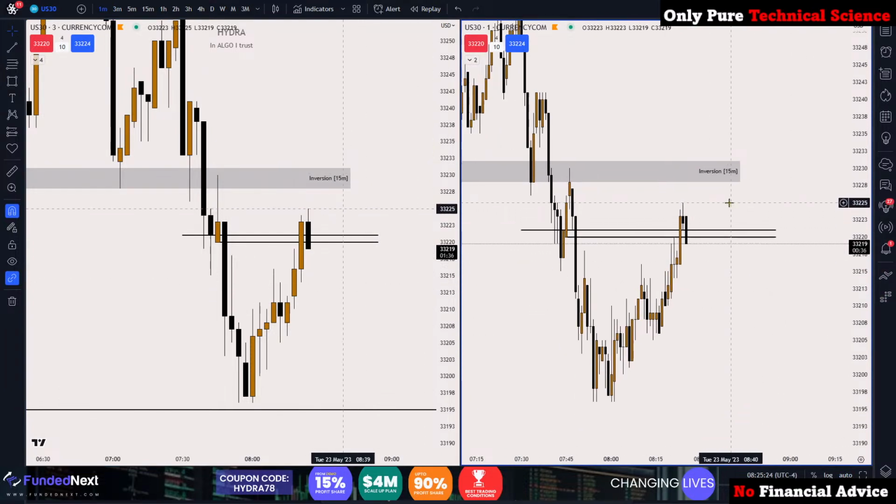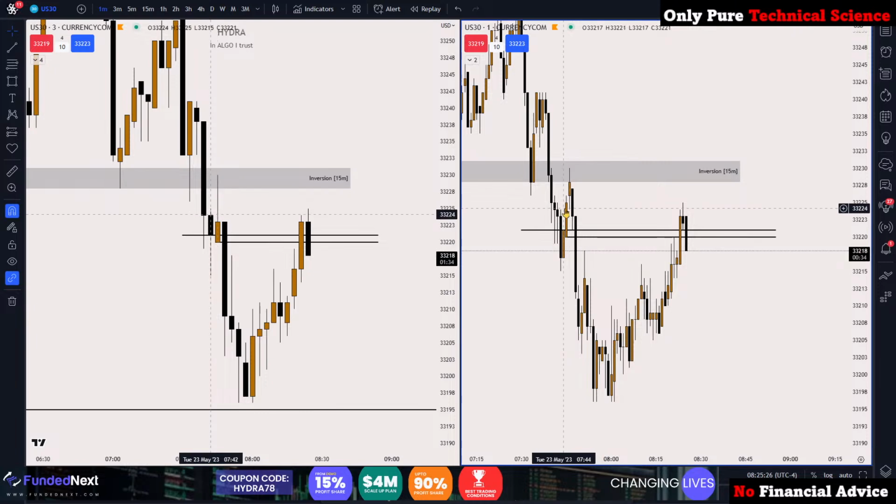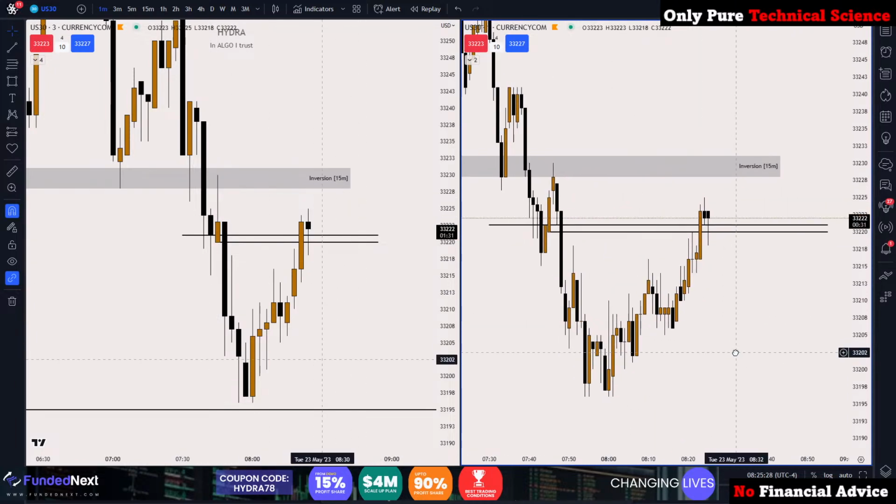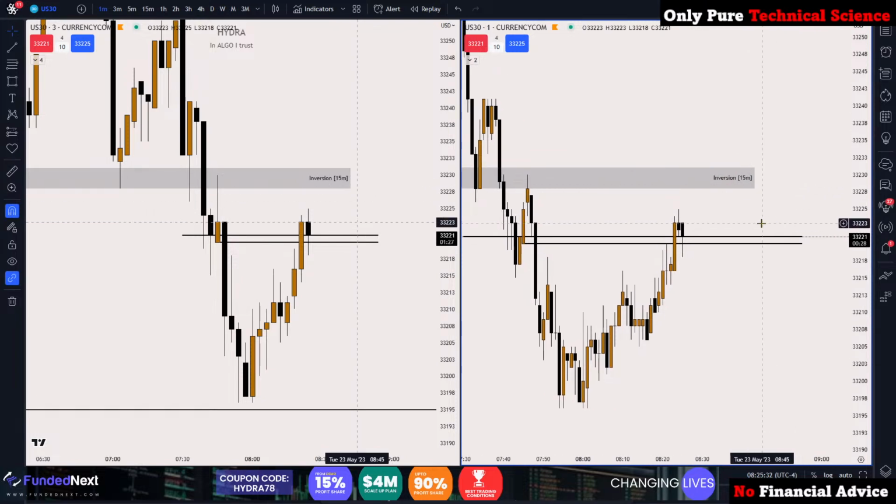On the 1-minute chart, you can see that price left this volume imbalance unfilled. But anyway, we would like to see price coming back up, hitting this inversion. That will be the ideal scenario for me to short,